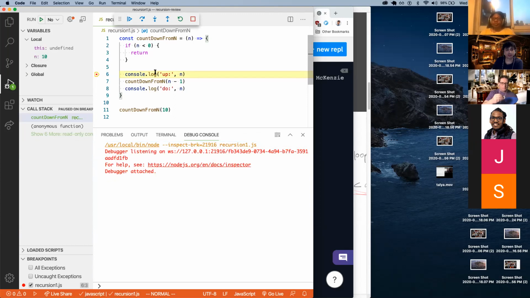name. So the first N is 10. So we console log 10, and then we're going to call countdown from N, passing N minus 1, which will be 9. And as I step into that, we see that there's another call added to the call stack with a value of 9. And then we are in this line, then 9 will be console logged down here. 9 is console logged,